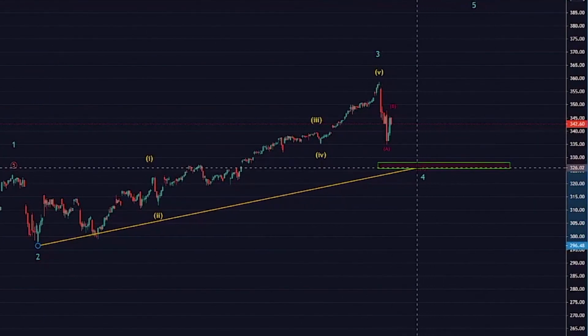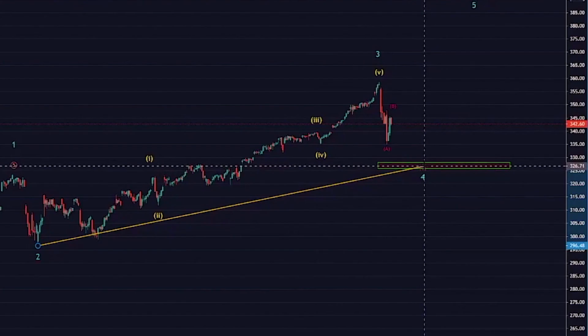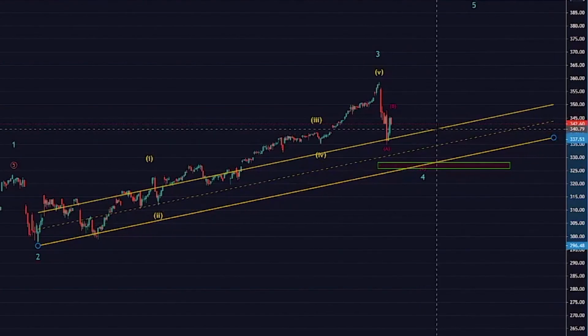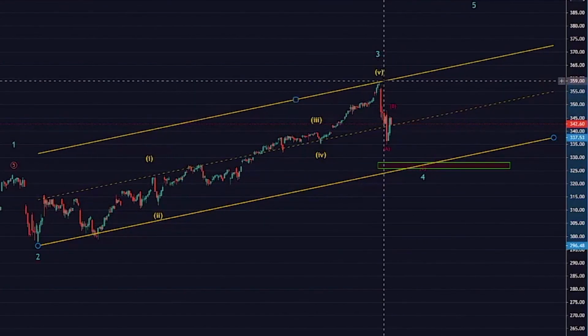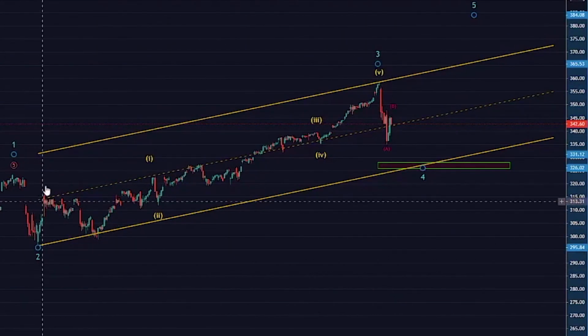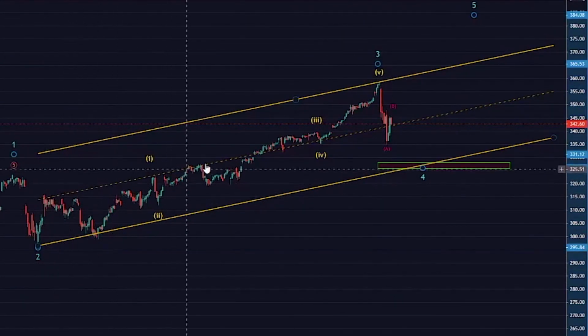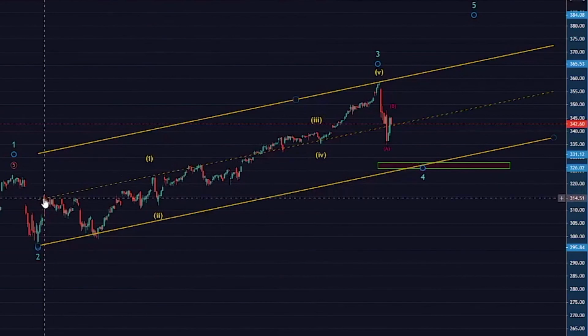Of course, we don't know where this is going to land. Let's just say it's somewhere in here around this point in time and pull this sideways. And then we'll pull it to the top of the 3rd here. So now this is our new parallel channel. And actually, if you look at how it's impacted the market in the past, you can see this median line